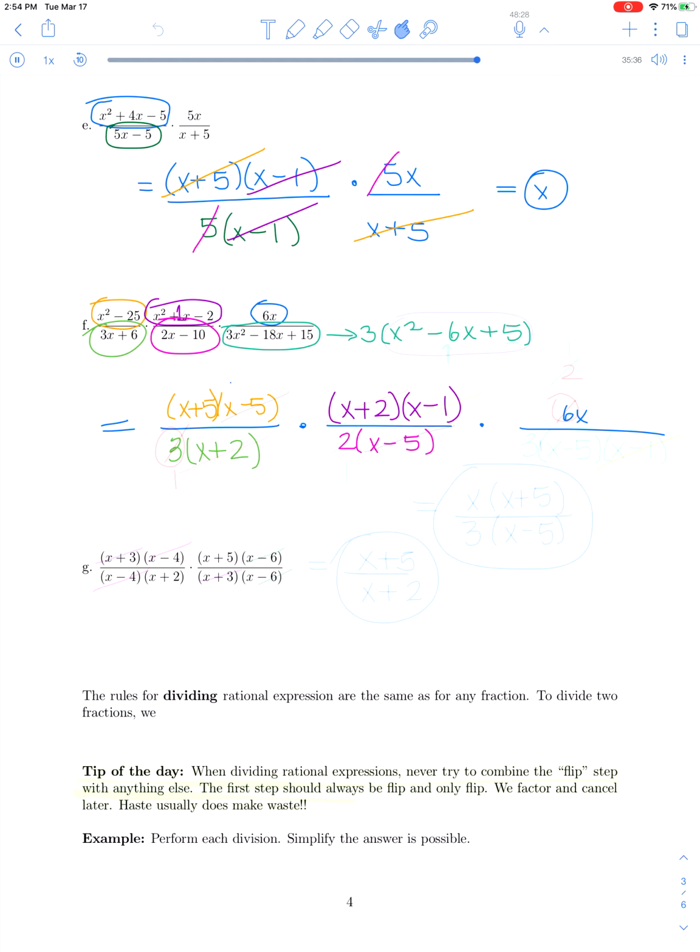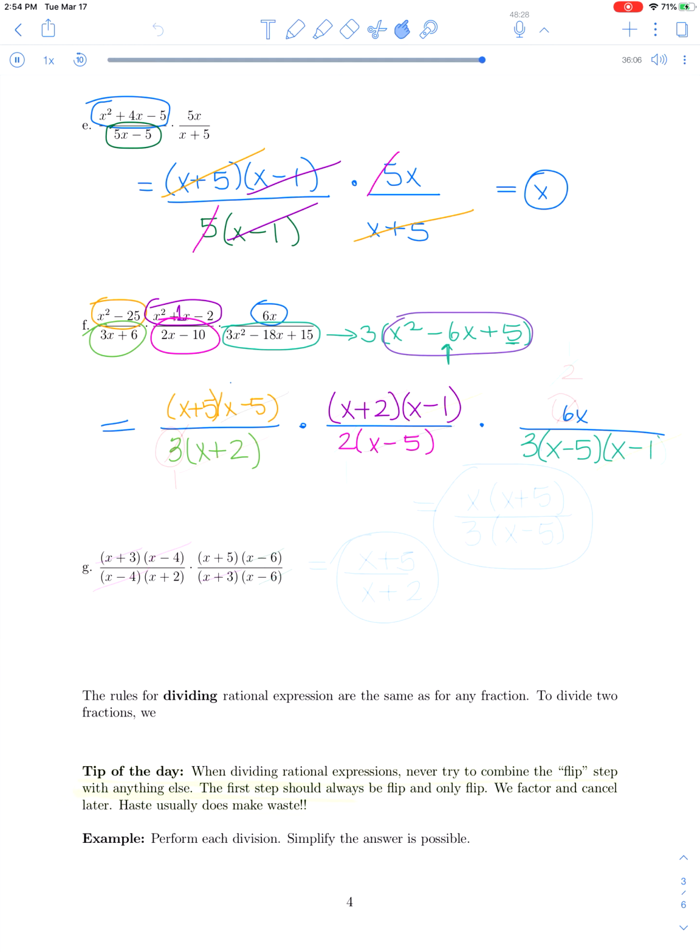Then you want to make sure that you can do AC method on what's remaining, or your trial and error. But make sure that you don't lose the 3. Let's go ahead and put that 3 there. Now the x squared minus 6x plus 5, you would need what two factors of 5 add up to -6 in the middle? Well, that would be a -5 and a -1, so that would factor as x minus 5